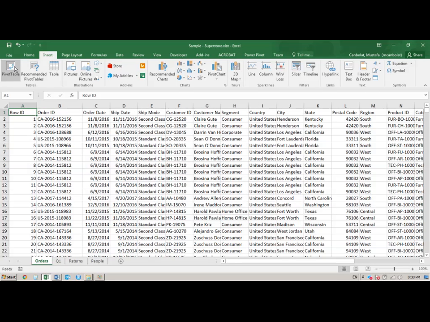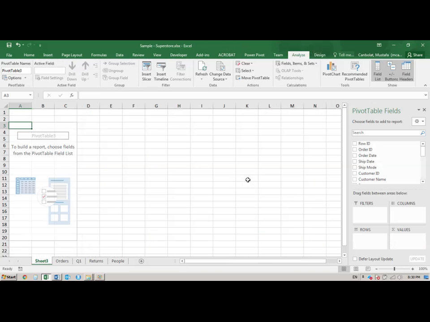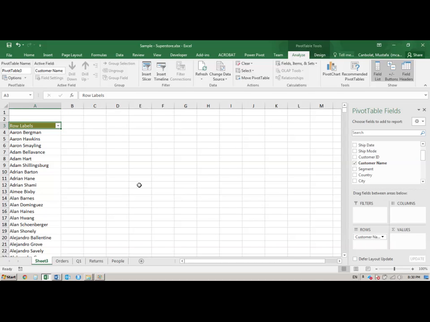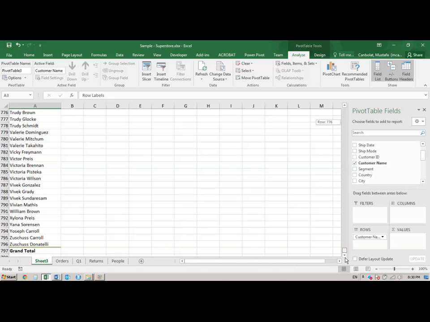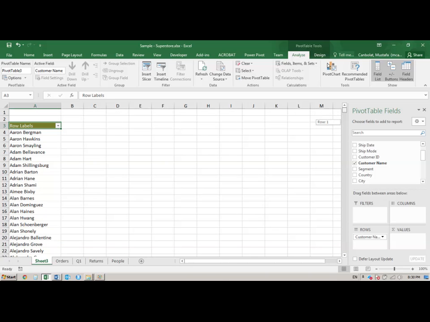We are going to insert a pivot table, and now this is my question 2. I will take the customer name to the rows, and all the unique customer names appear here. There are 794 customers there. And then I will take the sales,